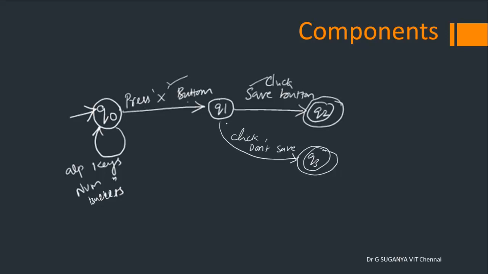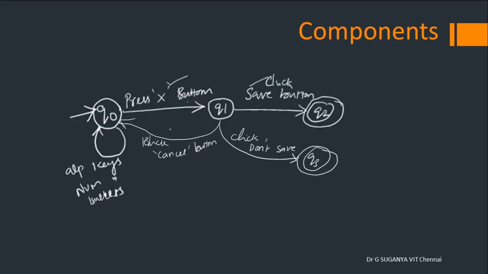Instead, if the third button, which is the cancel button, is pressed, again it should go back to the working model of Microsoft Word. So which state represents that fact? Yes, it is the state Q0. When I click the cancel button, the system should take me to a state which actually represents the working of Microsoft Word. This completes our diagram. Hope you can understand this.